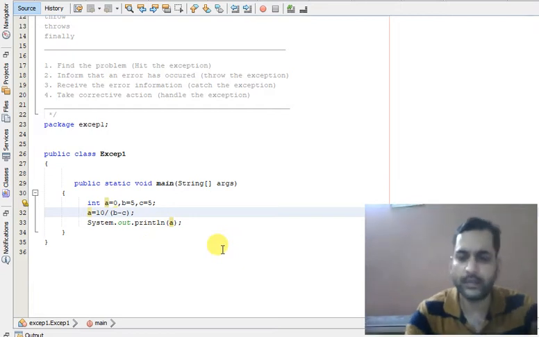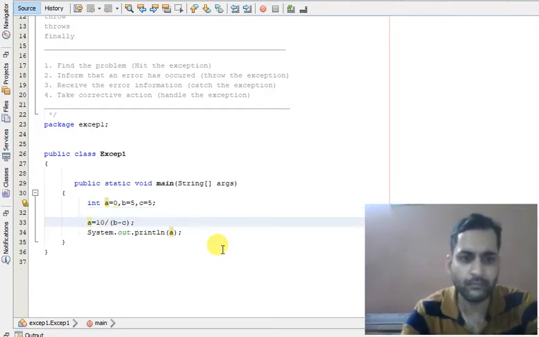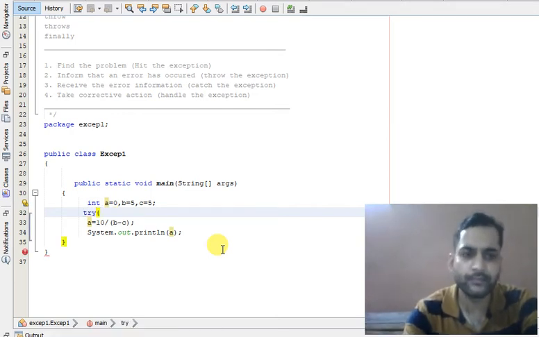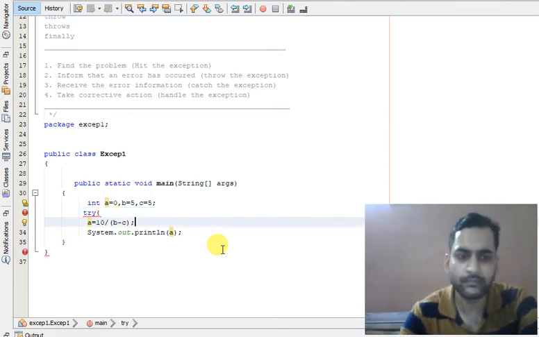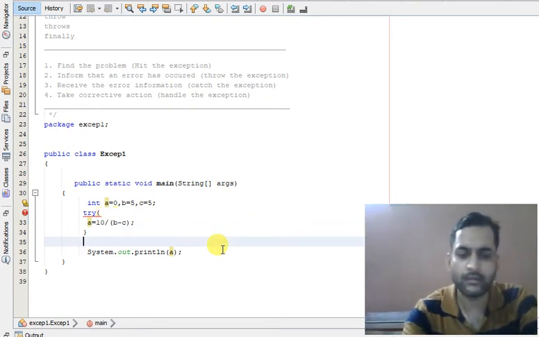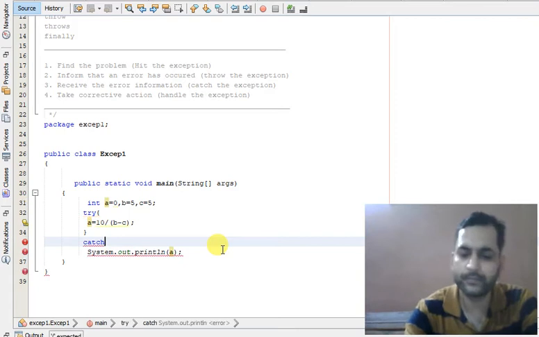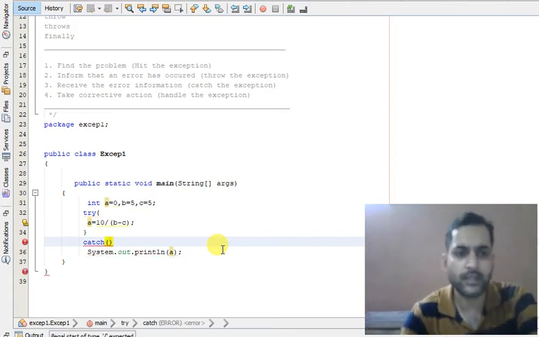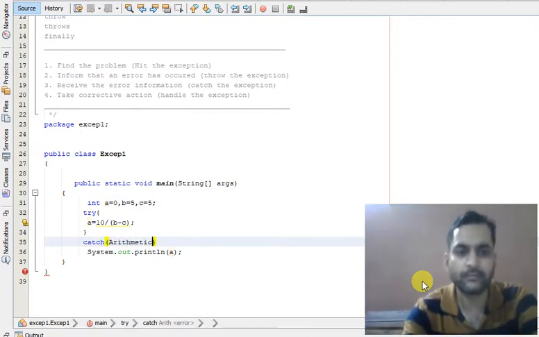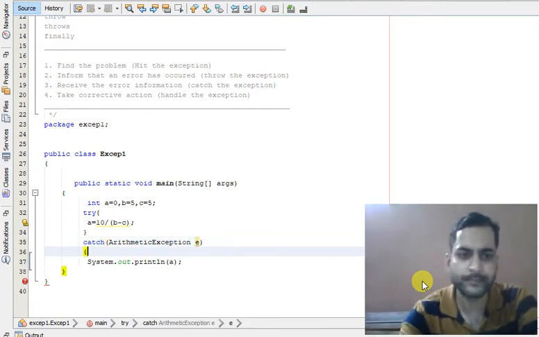Now let us keep this line inside the try block. Now write catch. Since this is an arithmetic exception, we can use the ArithmeticException class to catch this exception.